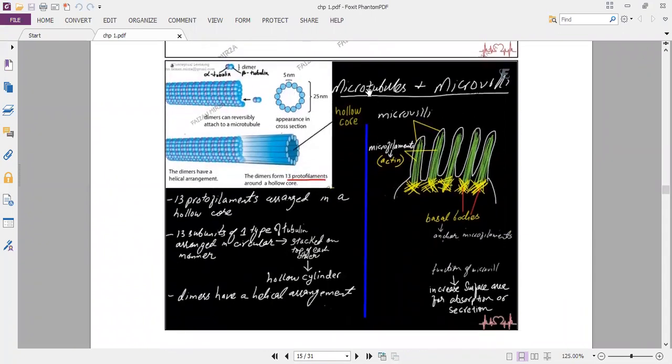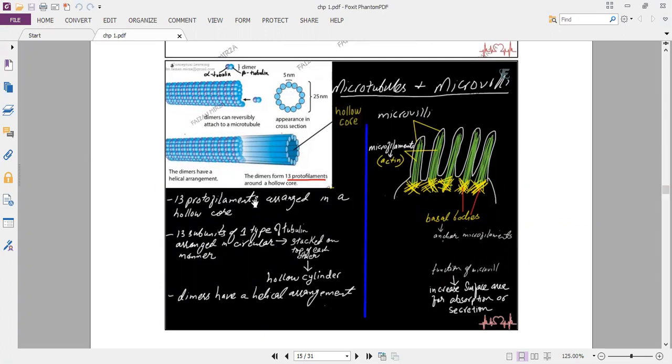So this is how the signaling molecules act on a certain target tissue and nowhere else. The next topic we are here to discuss is microtubules and microvilli. Microtubules are basically having a protein called tubulin, which occurs in two forms, alpha tubulin and beta tubulin, forming a dimer. So there is a repetition of these dimers across its entire length, and this repetition of these dimers forms a protofilament around a hollow core. If you look at it as a cross section, you see that there are 13 protofilaments arranged in a circular manner around a hollow core, which occupies about 25 nanometer of diameter. Each tubulin unit is 5 nanometer in diameter.